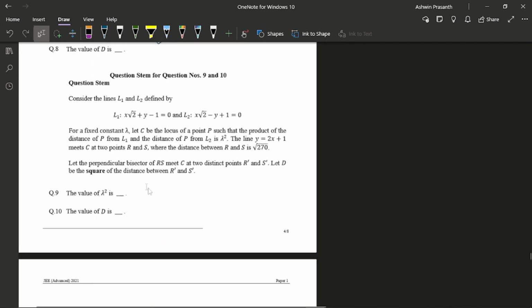And in this question, I tried to think of some good method to solve it, but wasn't able to think of anything. So I just wrote it generally with the locus like this, and tried to do something from it. I knew it was a rectangular hyperbola, so I tried to use some properties, maybe geometry, but nothing was striking. So I did it in the lengthy method of writing y is equal to 2x plus 1 here and finding everything. It went really, really lengthy, but I still got the answers here. But even then I was not confident, so I left it for checking for round two.